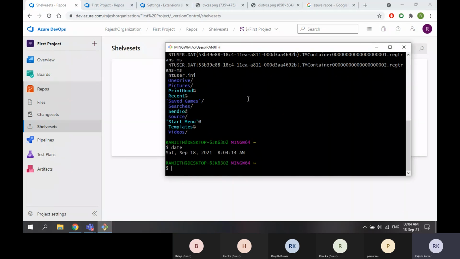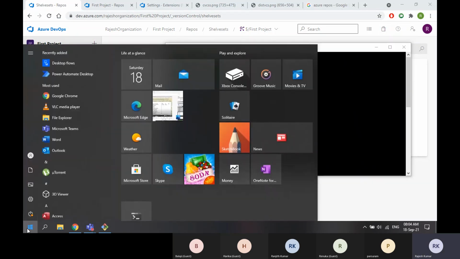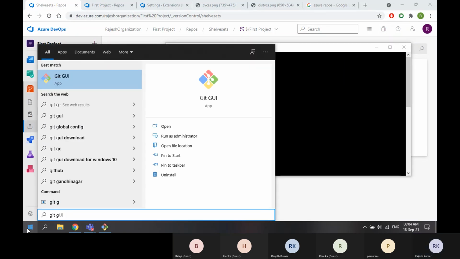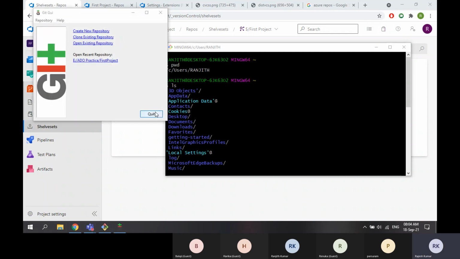If you have already installed Git, you might have seen this window. Don't prefer Git GUI. We have a GUI as well. GUI means graphical user interface. This is completely confusing, guys. Don't prefer this.